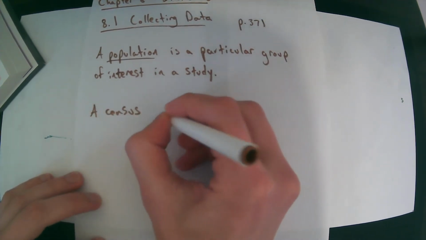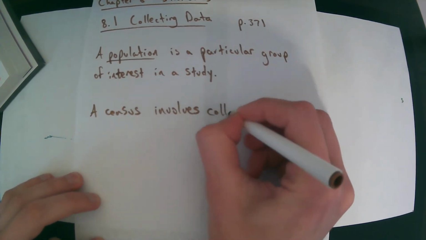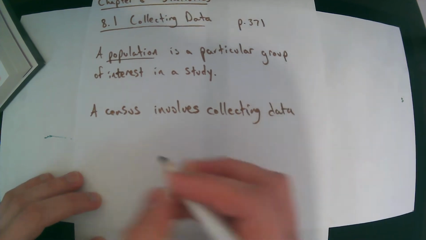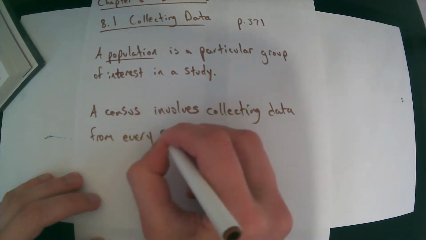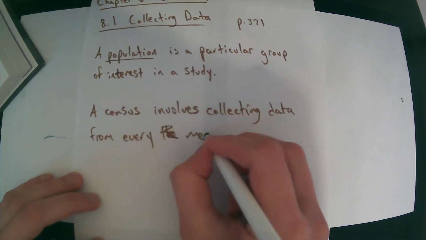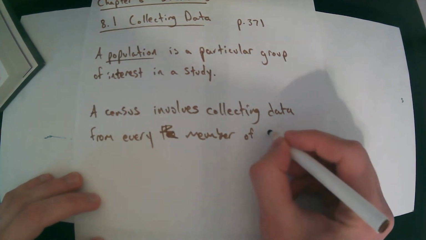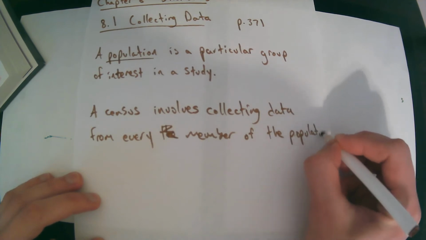A census involves collecting data from every member of the population. So this is like the best case scenario, from every member of the population. If you can get a census,